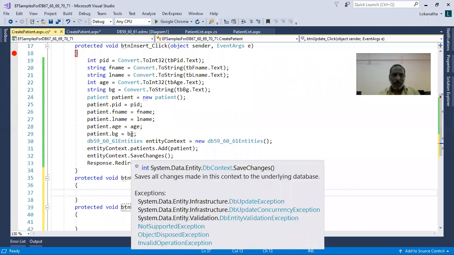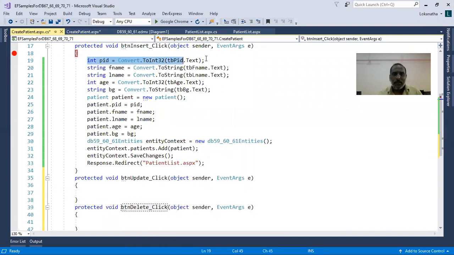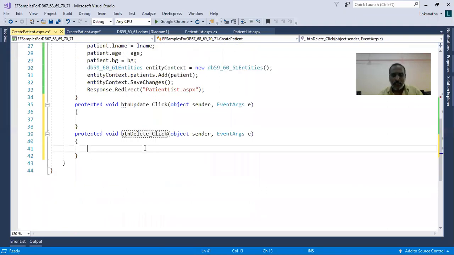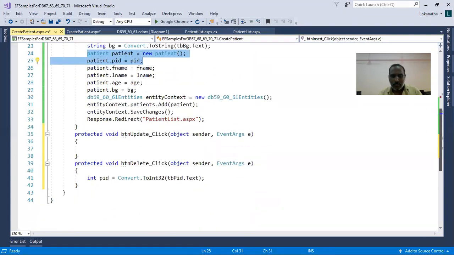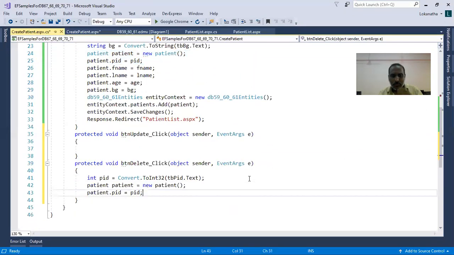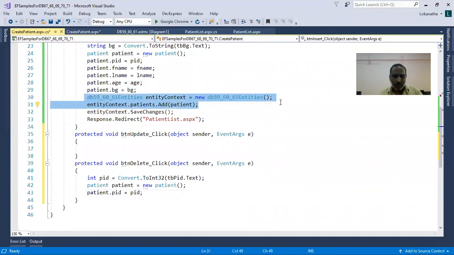I have given a delete button. What is really required for a delete operation? Only PID. So I will get the PID from the user interface, then create a patient object and give the patient ID. Then I will delete the patient object from the context.